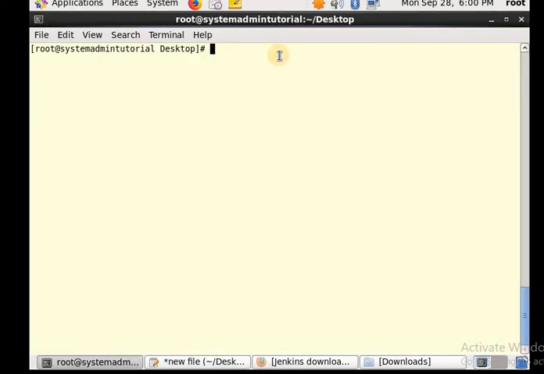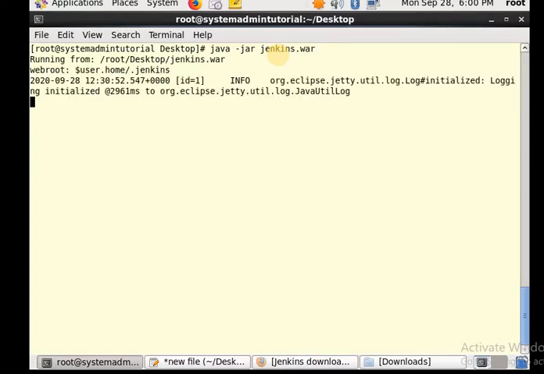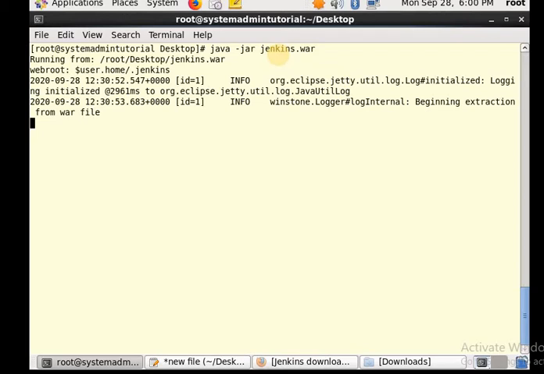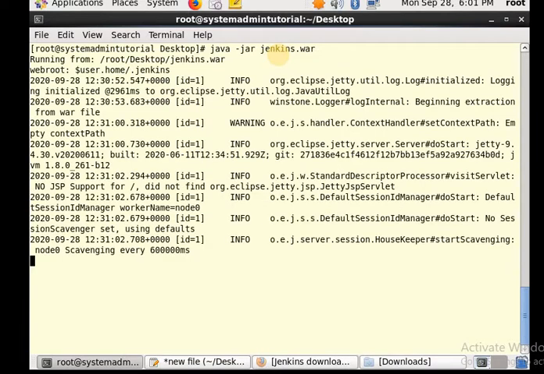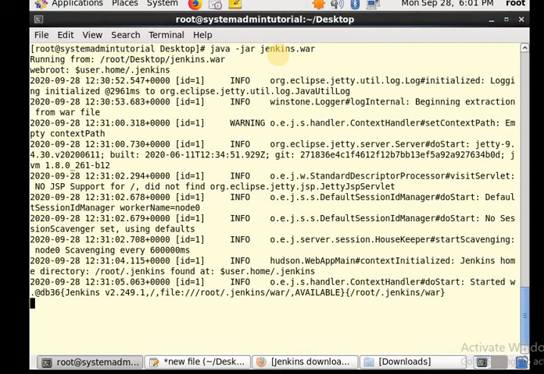So I go to my terminal and run this command, java -jar jenkins.war. Here you have to press the enter key. Now it is starting to extract the war file and it will install Jenkins. And always the Jenkins home path is the default user path.